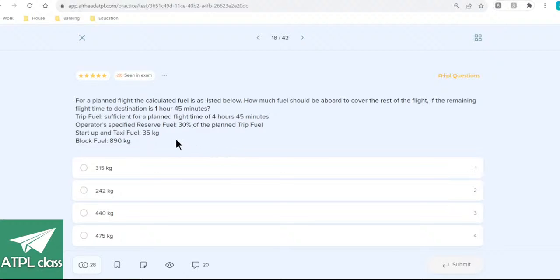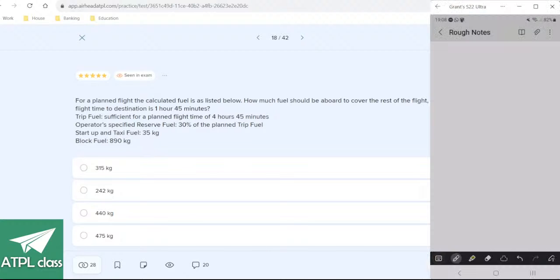So we're going to have trip fuel is that. Block fuel is 890. Block fuel. Okay, so let's just get our takeoff fuel. Block fuel is 890, and startup and taxi is 35. So we'll take 35 from that and we'll get 855. Yeah. Fuel is sufficient for 4 hours 45, but we don't have a fuel burn. So 855